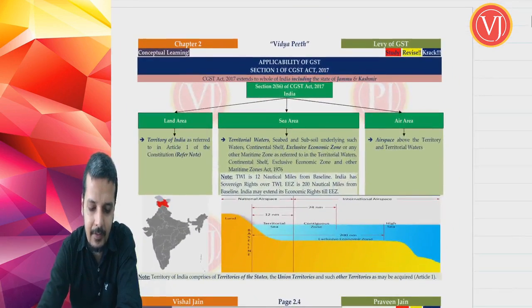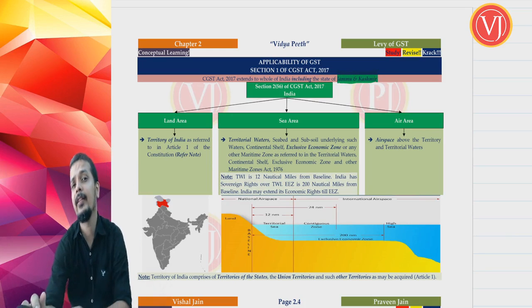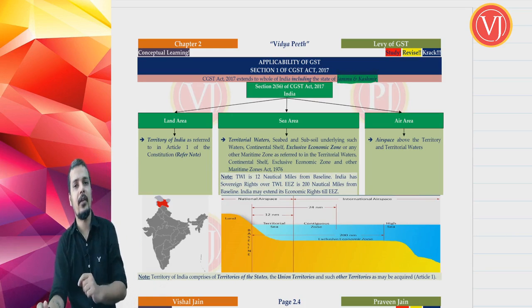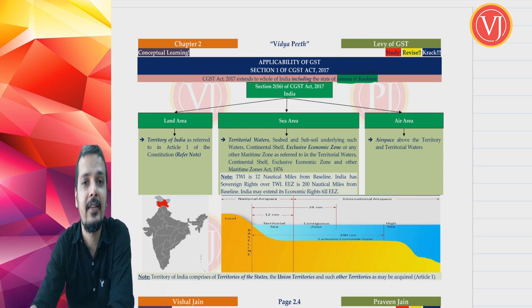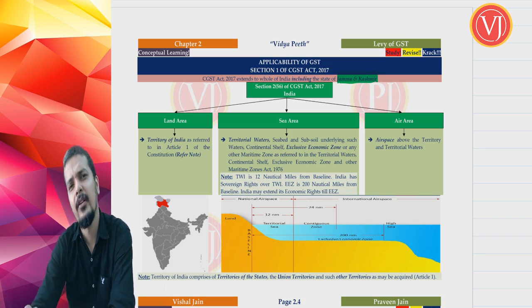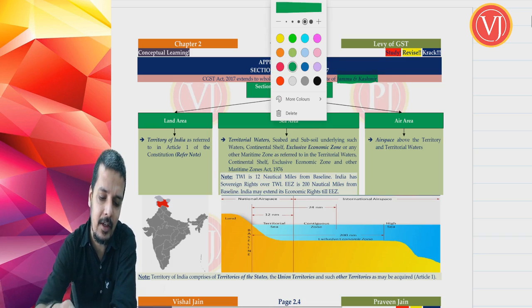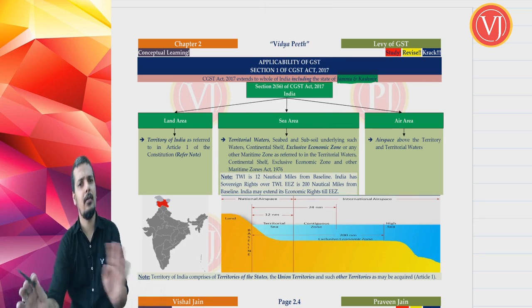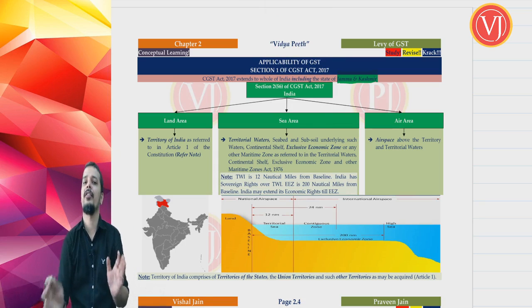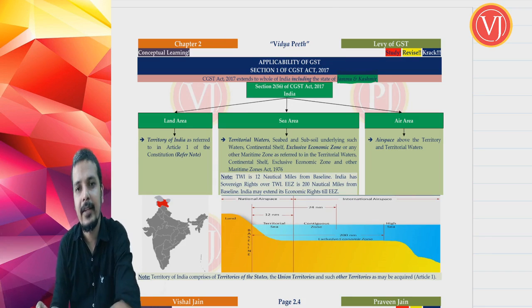Thereafter you have certain definitions. Friends, I already said that we are going to discuss a lot of definitions, and the provision which deals with definitions is section 2. Should you remember the clause of the definition? Not required. You can always remember that it is there in section 2. Section 1 is basically over. It just tells that it is applicable to the whole of India, including the state of Jammu and Kashmir. That's all about section 1.